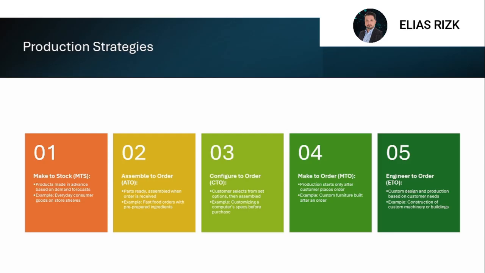So each one of these strategies plays a different role in how products are made and delivered. First, we start with make to stock, or MTS. This is probably the most common strategy, where a company produces goods in advance based on demand forecasts and keeps them in stock, ready to go. Think of it like stocking up a popular item before a sale. Products are available immediately when customers want them, like ready-to-eat snacks or everyday essentials you find on store